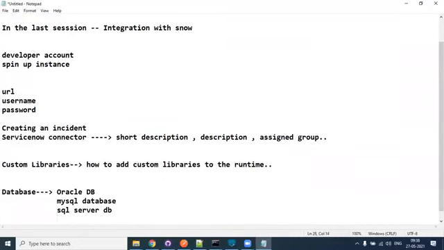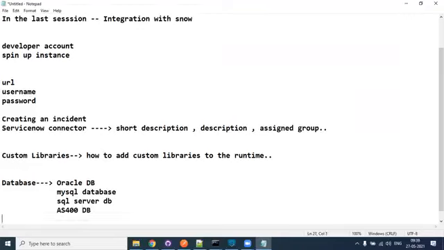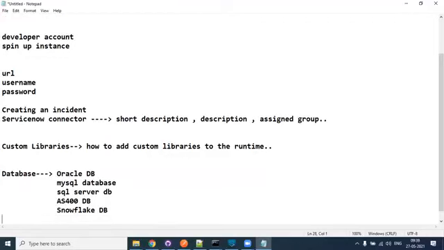I'm not going to show everything. You do not need to know everything, but if you get a chance, you can try one or two other DBs, like the AS400 database. These are a few more which you would see in the industry. These days, Snowflake is not a database as such, but Snowflake integrations are also very famous, and Snowflake is being used very extensively by different organizations. But regardless of whether you're using MySQL, SQL Server, AS400 or Snowflake,